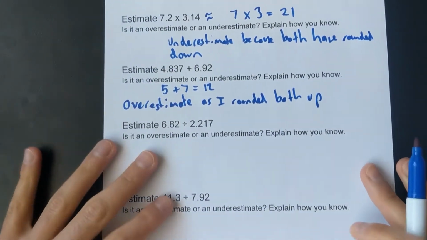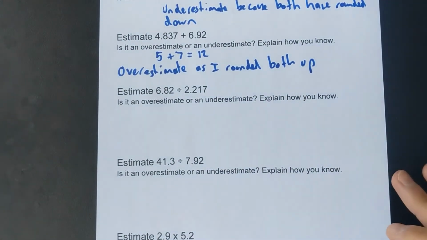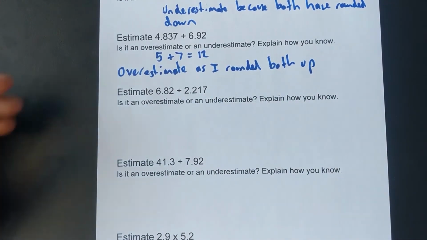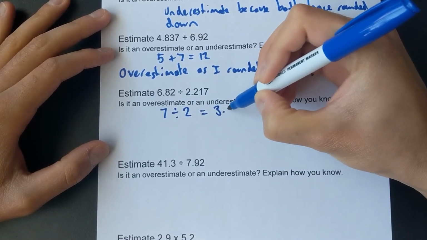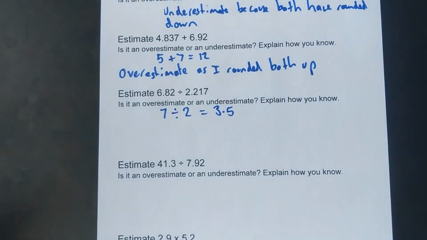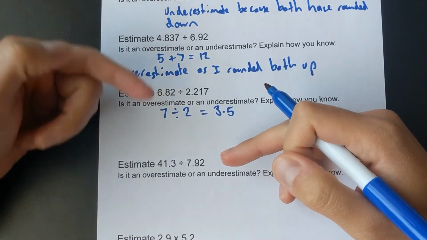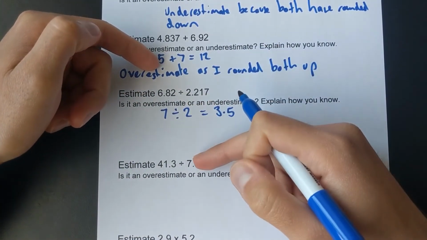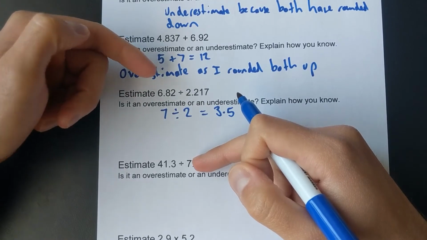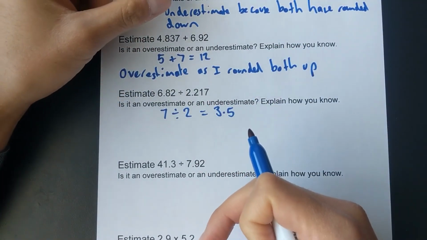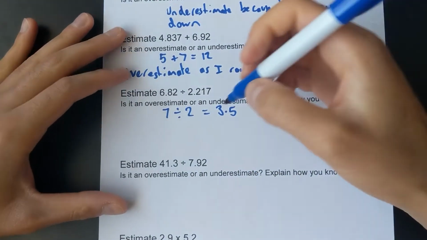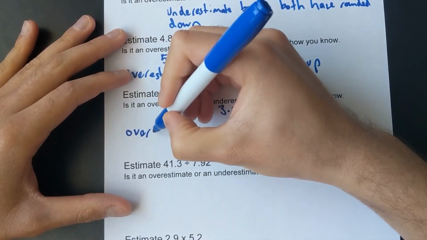That is an overestimate. So division, remember, division is tricky. Here, estimating, that is approximately 7 divided by 2. So my estimated answer for this would be 3.5. Now let's think, is this bigger or smaller than the actual answer? Well, I've made this bigger and this smaller. So overall that's going to make my answer much, much bigger. I'm dividing a bigger number by an even smaller divisor. That makes my answer bigger. That is an overestimate,